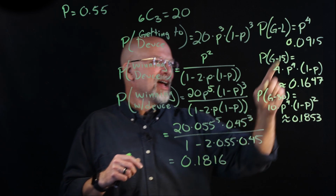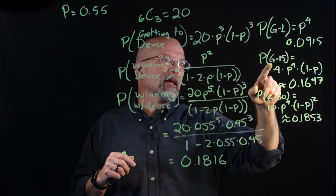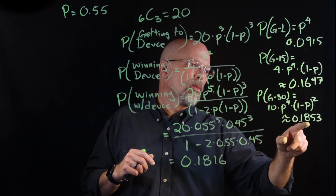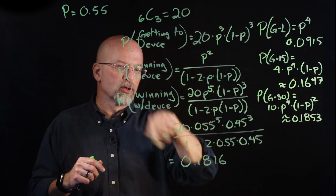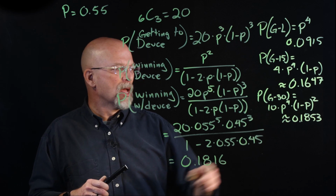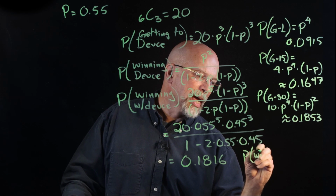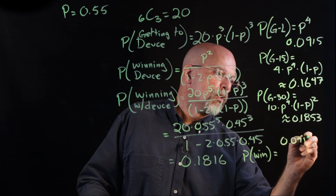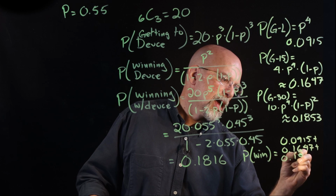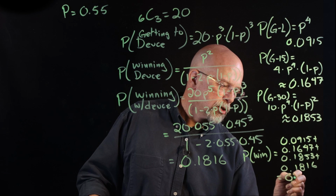So what we've got are the probability of winning game love, which is 0.0915. Then the probability of winning game 15, that's 0.1647. The probability of winning game 30 is 0.1853. And the probability of getting to deuce and winning deuce is 0.1816. Well, what is our overall probability of winning the game? It's the sum of all of these. So the probability of a win is equal to 0.0915 plus 0.1647 plus 0.1853 plus 0.1816,